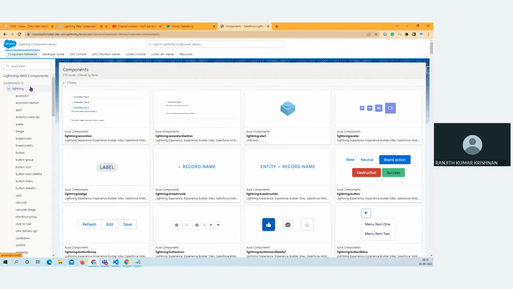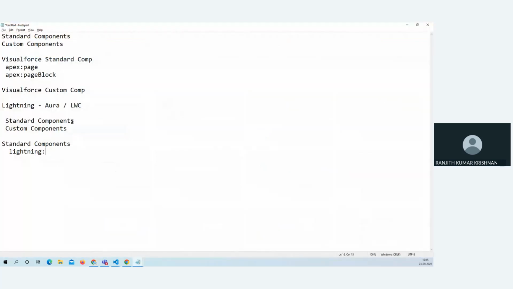Okay, so when you refer to a component in LWC, you will refer to Lightning, the namespace, colon, component name. For example, you refer like Lightning colon input,